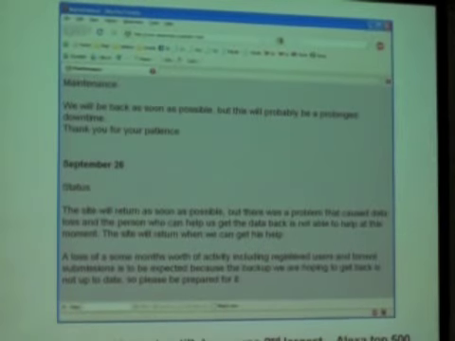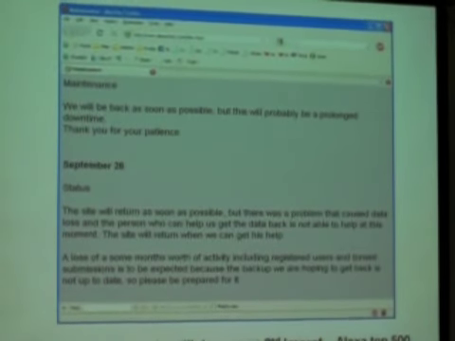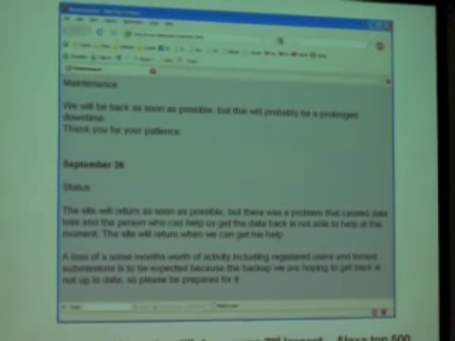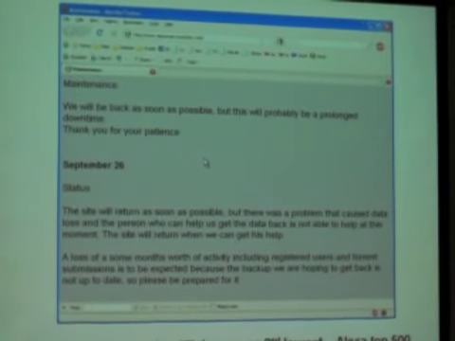Here's another one. This was the second largest site of its type. It was a BitTorrent streaming site. It was in the Alexa Top 500. It had a lot of traffic. And then it died. And they had to put up this page that said,